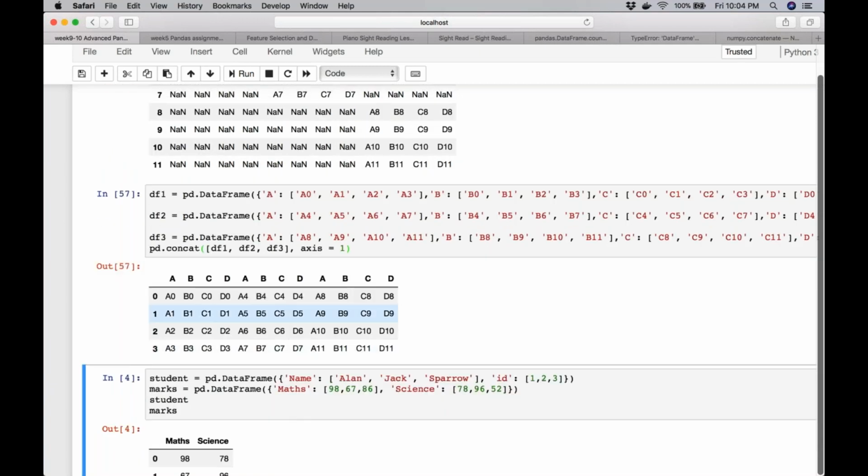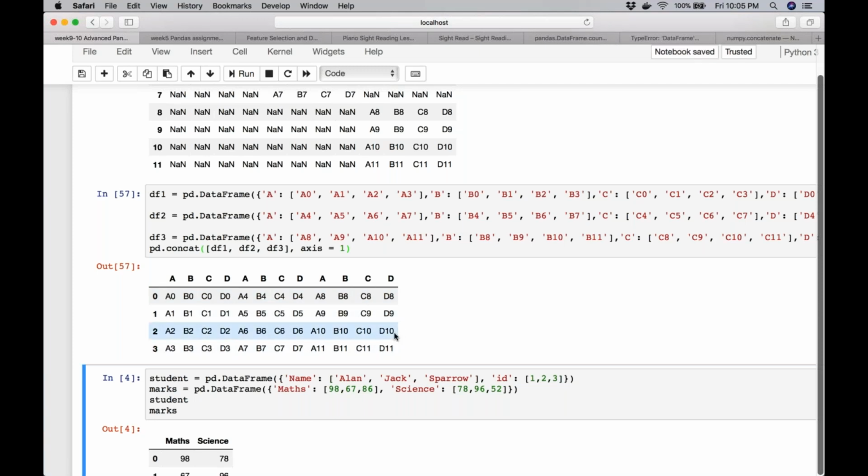Here, because all the 3 have the same indices, of course we still have duplicated columns, and ideally we should take care of it using rename or whatever. But this is how the data is vertically aligned next to each other. So I have my first data frame, then second, and then the third.